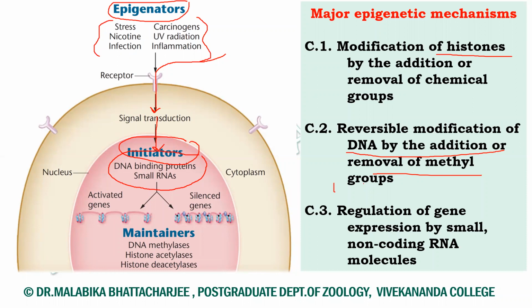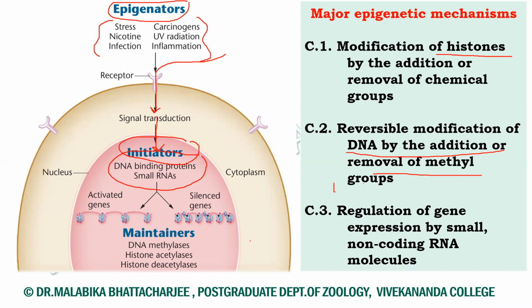The signal reaches the nucleus where we have initiators, DNA binding proteins and small RNA. These molecules then bind to the DNA and bring about certain structural changes in the pattern in which the chromatin is organized. These structural changes are reversible, and